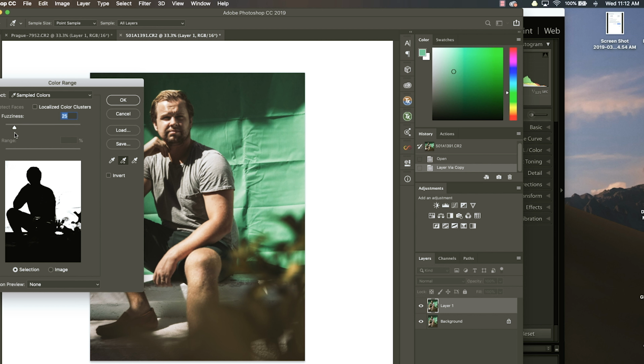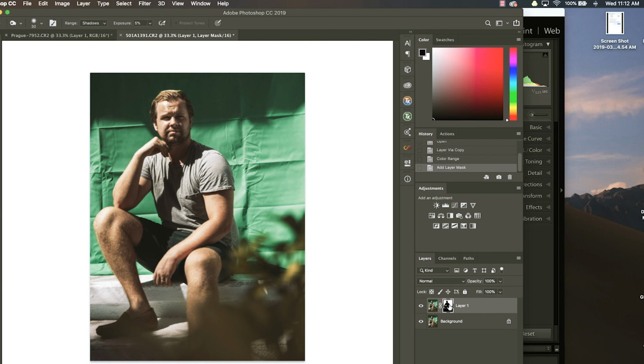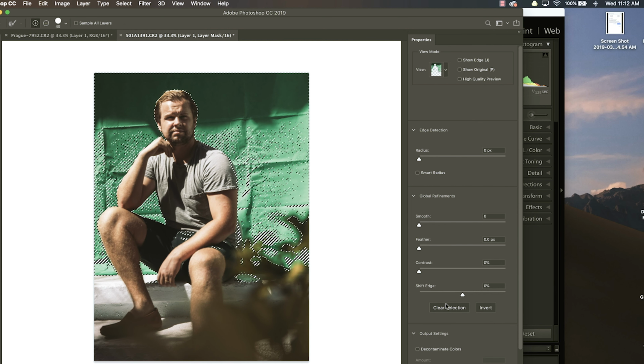Once you add a little bit too much, it brings our foreground element that we want to keep and little bits of my shorts into the selection. But that is just okay, because we can make the selection better in a minute. So we're going to create a layer mask with that, and then double click on that,